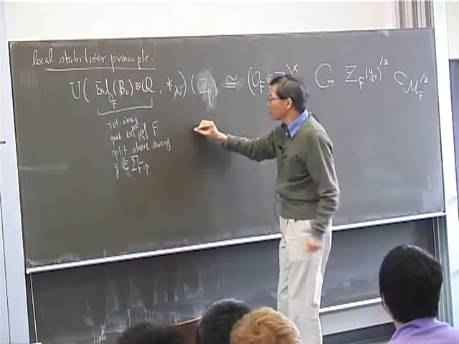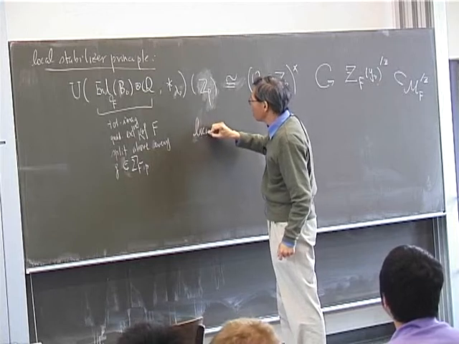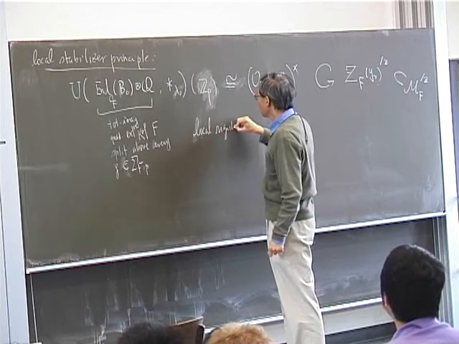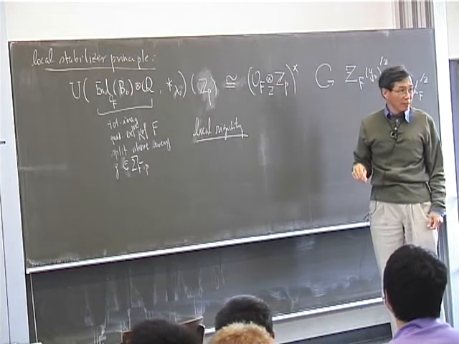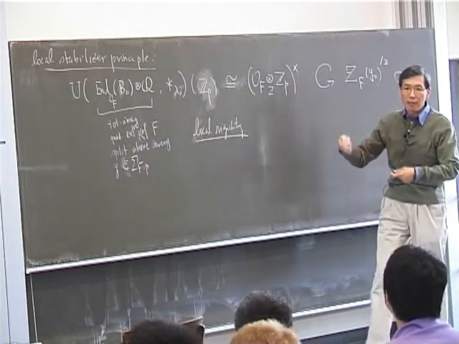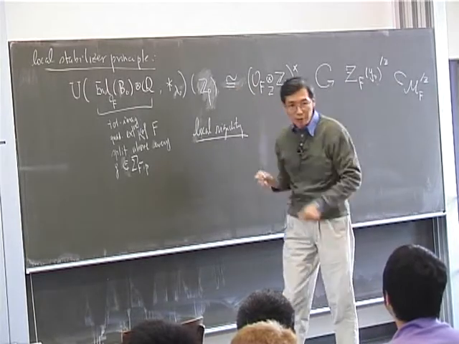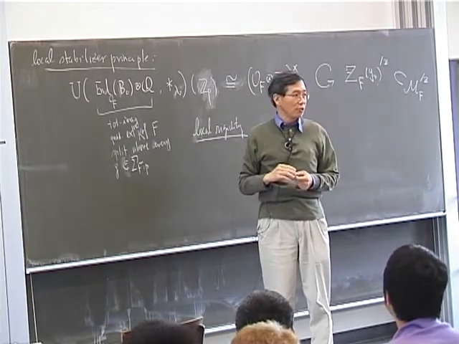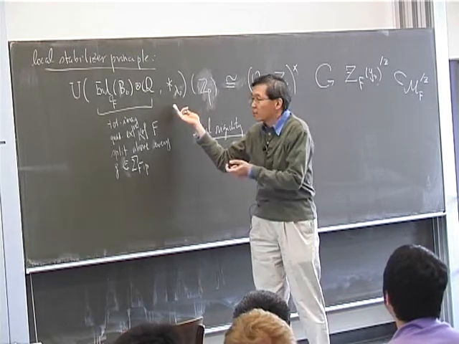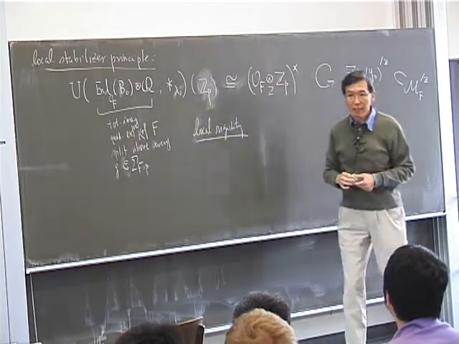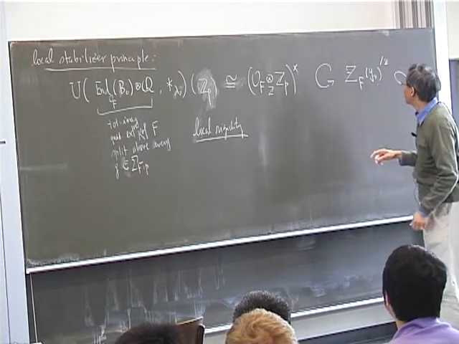Now apply the local rigidity. The local rigidity is a pretty strong statement. All it requires is that this action is not completely trivial. It doesn't contain a totally trivial subquotient. And this certainly it doesn't. You can check that very easily. Okay. So the conclusion is that